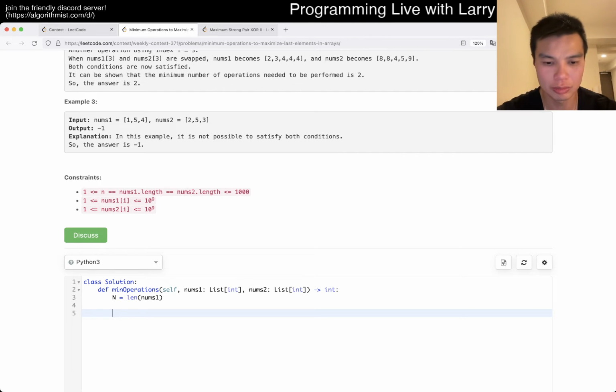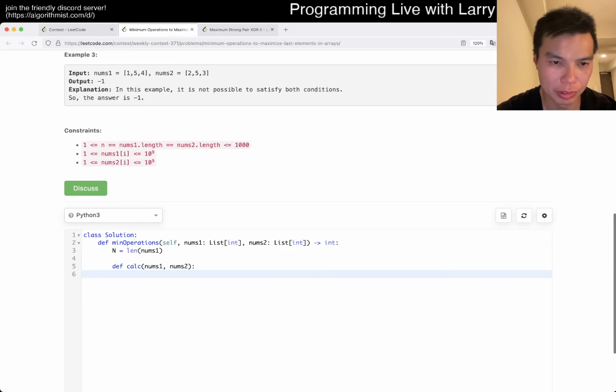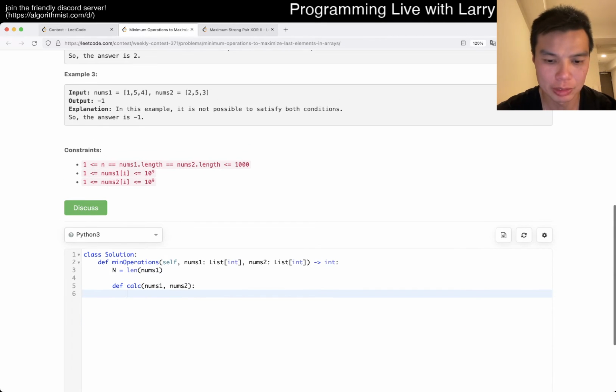Okay, so here we just calc. Here we have a calc of nums1, nums2. We change everything except for the last number, right? So that means